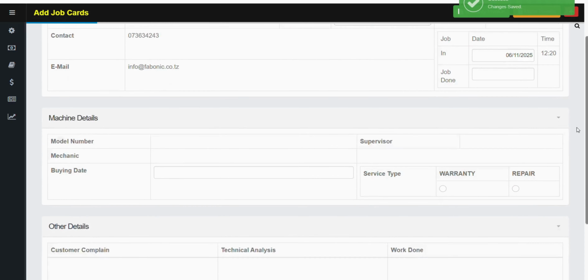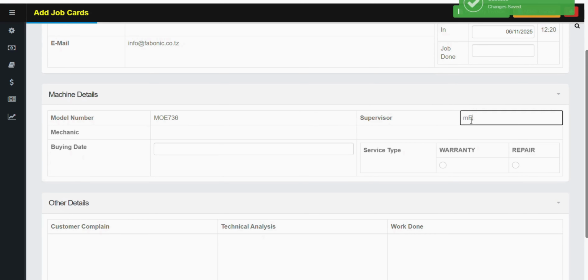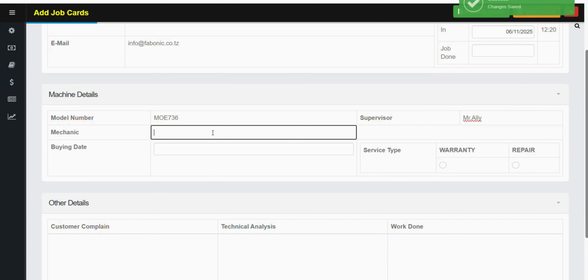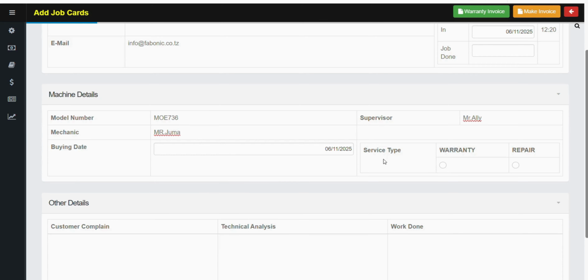After that, we are going to write the model number, and then the supervisor name, supervisor's name, Mr. Ali, then mechanic, the buying date also we're going to select, the service type, let's put repair,